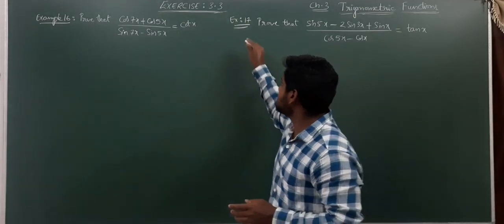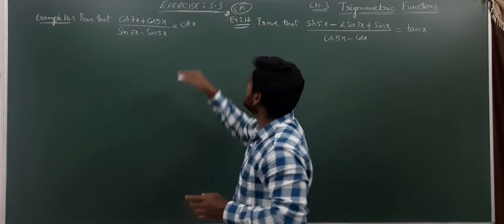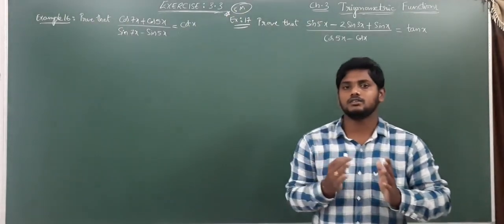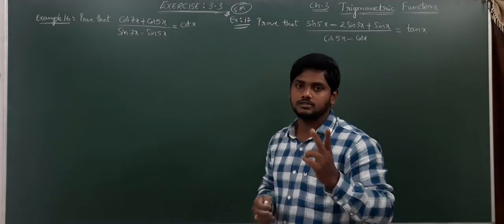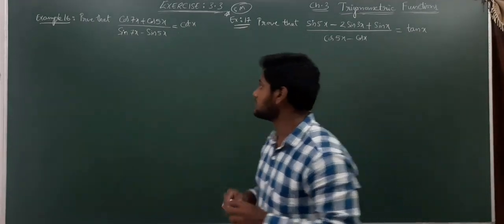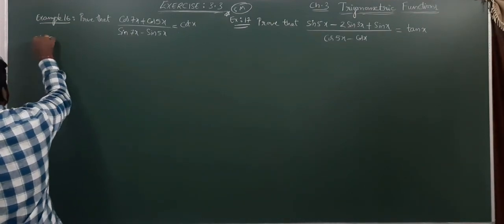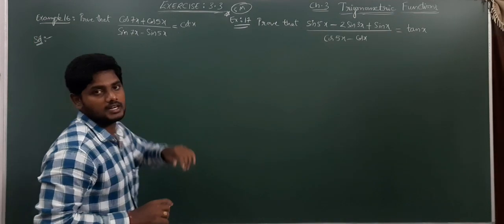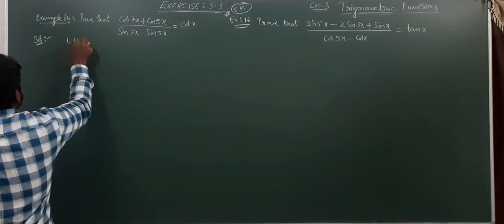So particularly example number 17 is very important for a 5 marks question. In the last 6 years, they have asked this question 2 times, 2 times for 5 marks. Very easy questions these are. So let us solve this. So this example number 16, which is prove that LHS is equal to RHS. So what is LHS here? Consider